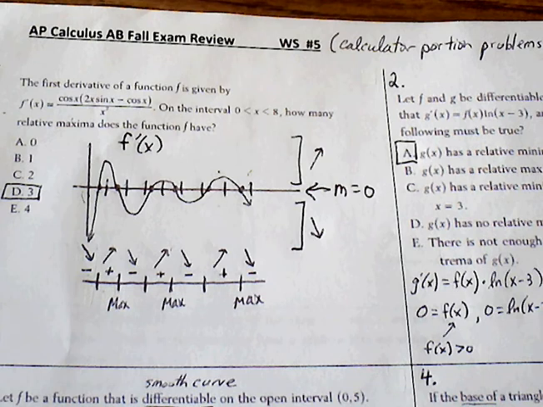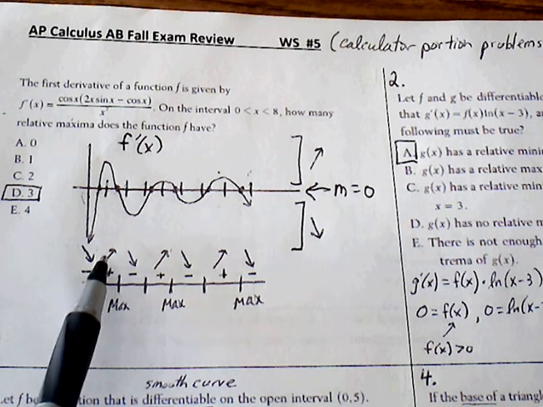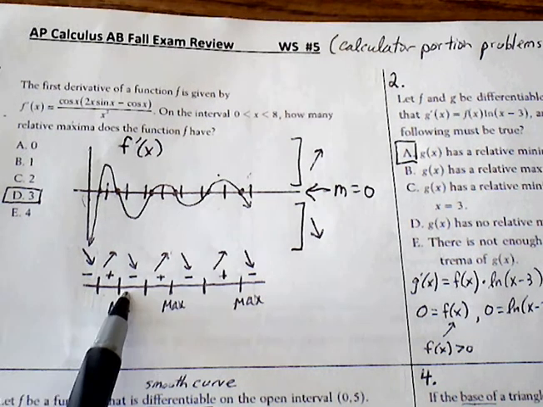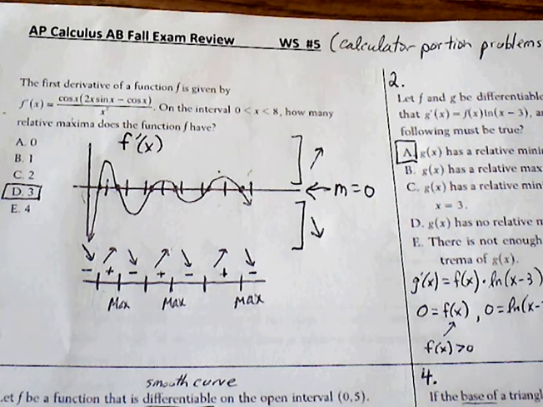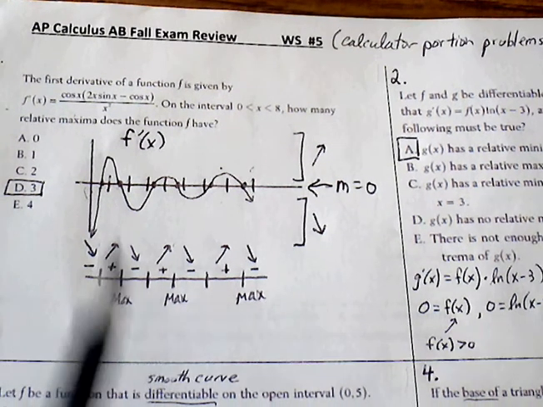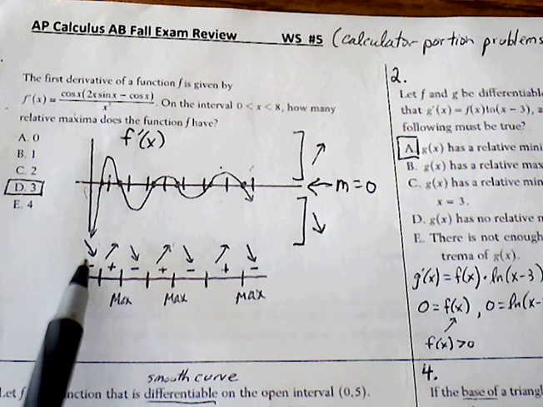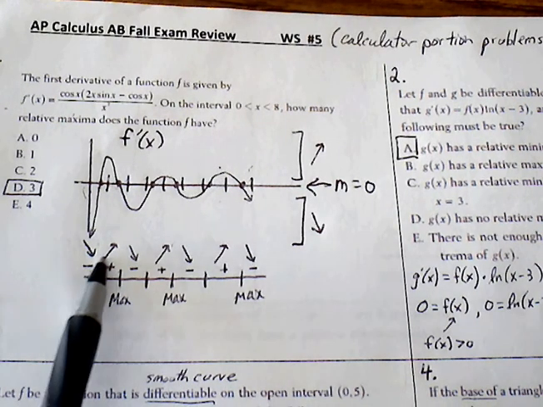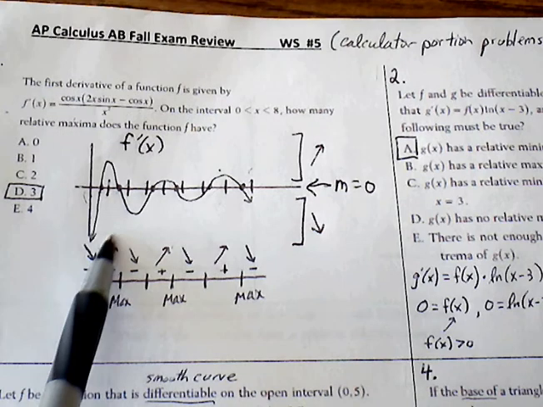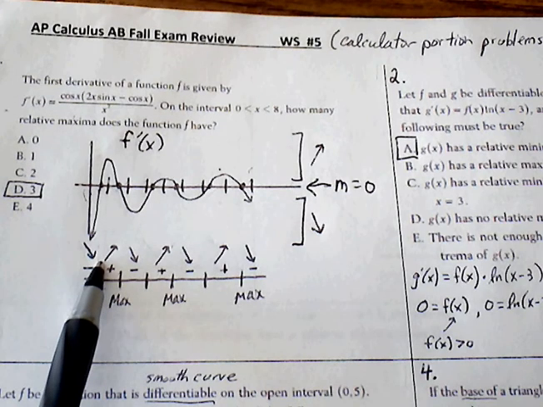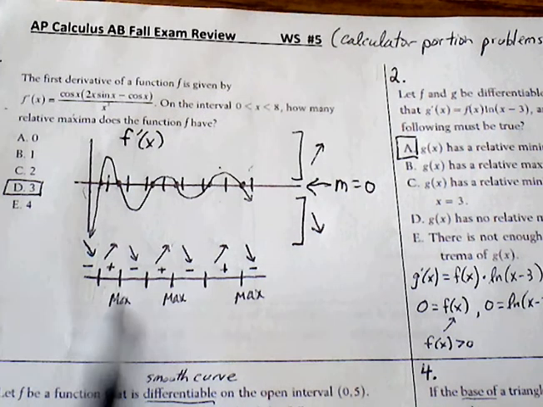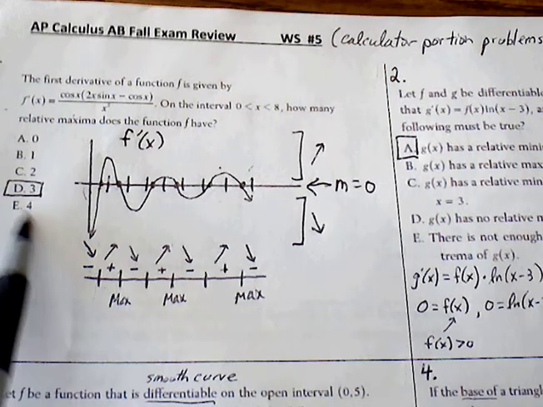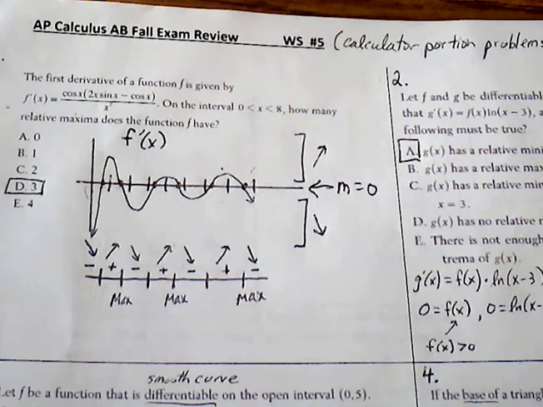Basically, wherever slope changes from positive to negative is going to be where your relative max will occur. And it helps if you can draw the arrows, because then you can visually see that we're going to have a relative max when the graph goes from increase to decrease. So we have 3 relative maximums. Okay. Number 2,